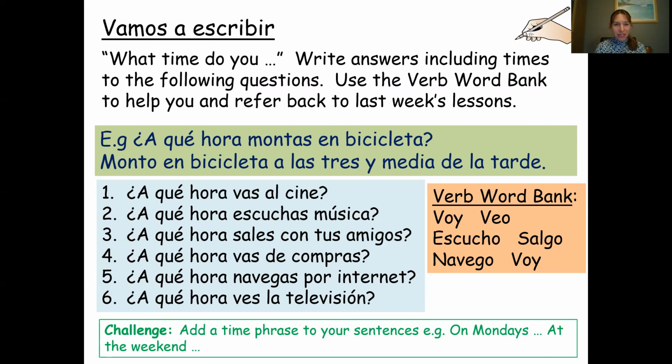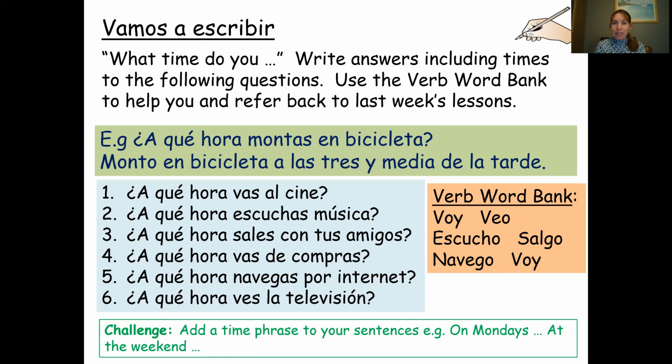So all of these questions here, ¿a qué hora?, all mean what time do you? And then we've got a verb conjugated in the tú form, so asking you that question, and whatever activity it is. So your task is to write answers, including times, to all of those questions. Now I've put a verb word bank there to help you with the conjugation of the verb in the first person, to give you a bit of a starter, a bit of a help